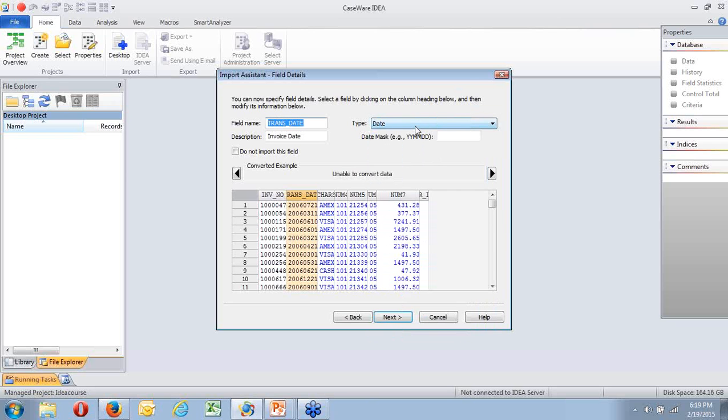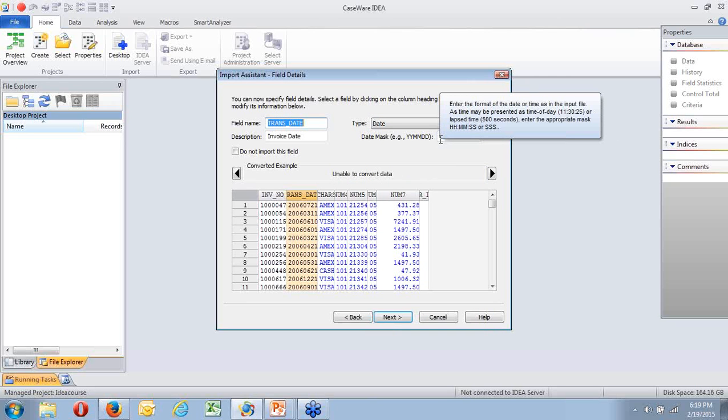Okay, now you see it says it's a date. It also says it's unable to convert the data. The reason it can't convert it is we haven't told it what it looks like. Now I've got the mask, I know what it is, but if you simply move the cursor over there, it will tell you what is supposed to go in there.